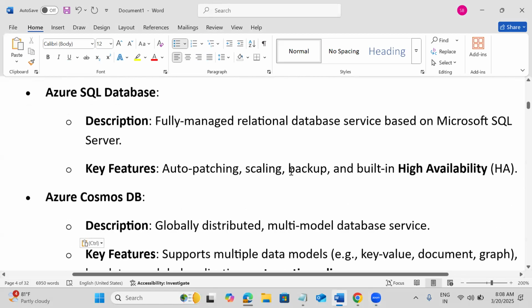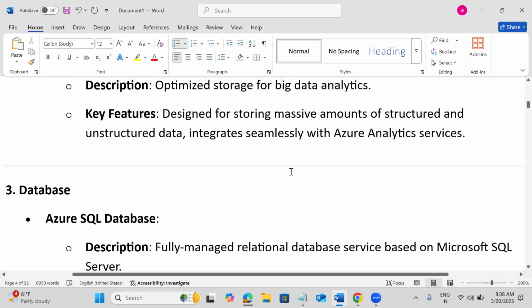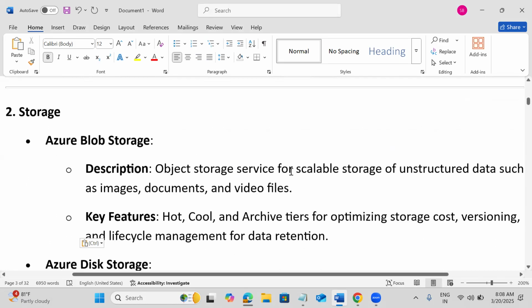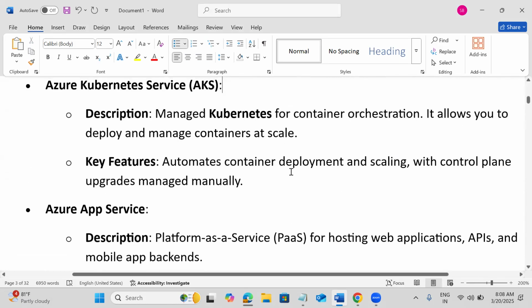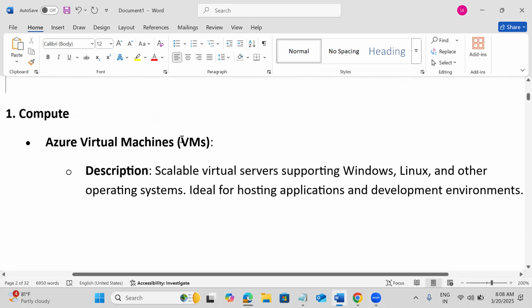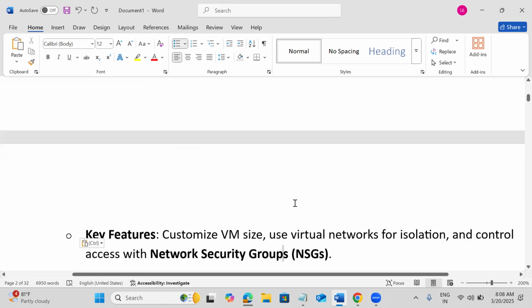So here coming to the Azure services. So we have Azure Compute-wise, we have Azure VM, which provides the virtual servers for us. In Azure virtual machines, we're getting highly scalable virtual servers. The operating system is Windows and Linux, and it's used to host our web servers, application servers, or we have database servers, middlewares. For that, we can use virtual machines.